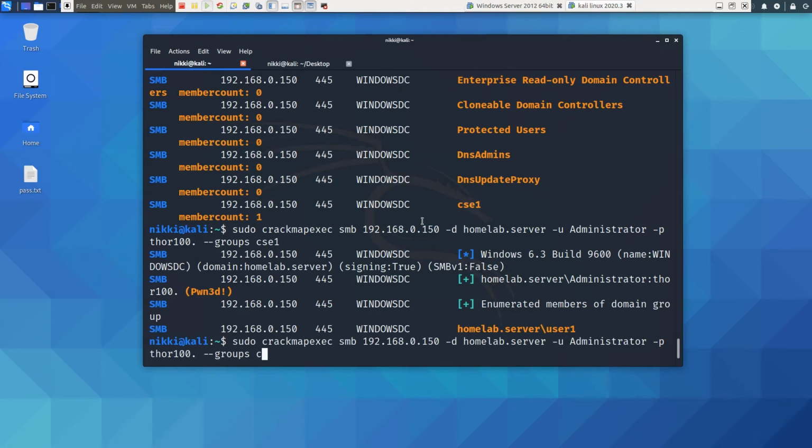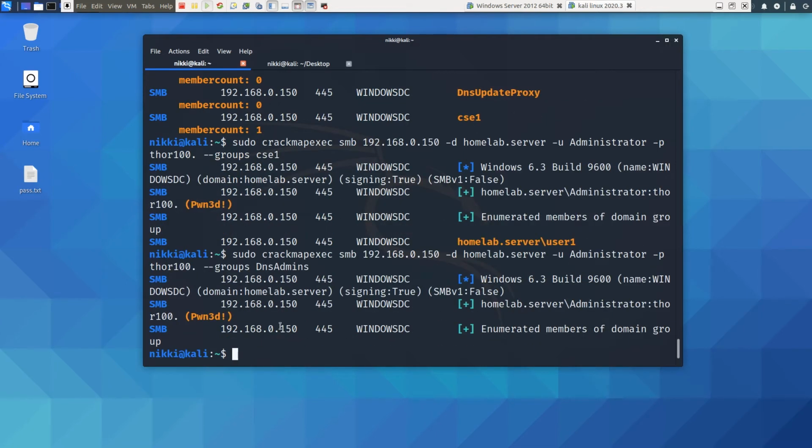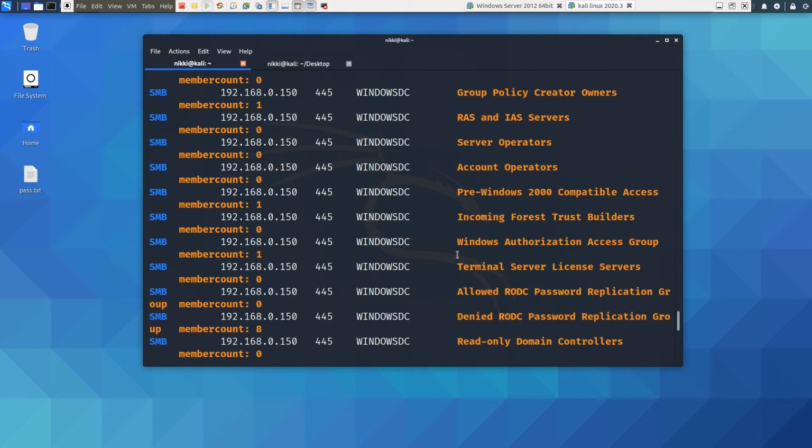Let's see another group, DNS admins. I think only the administrator. So only the administrator is the DNS admin.